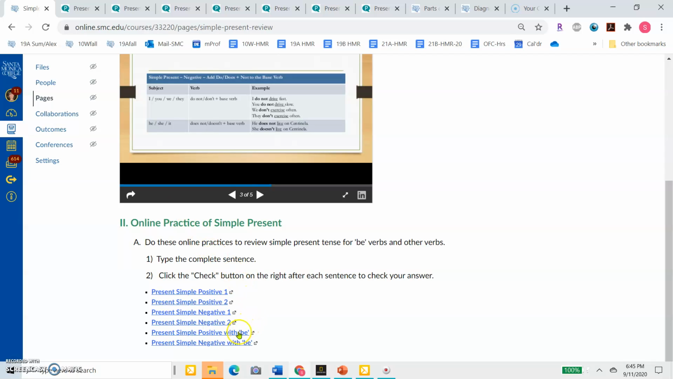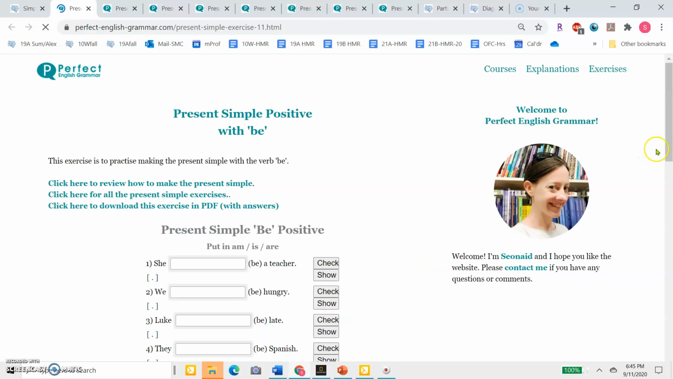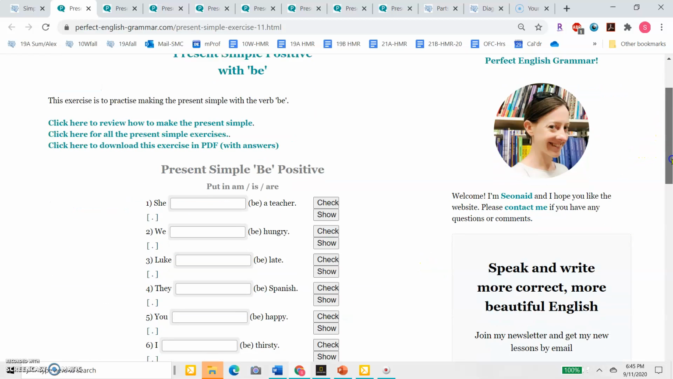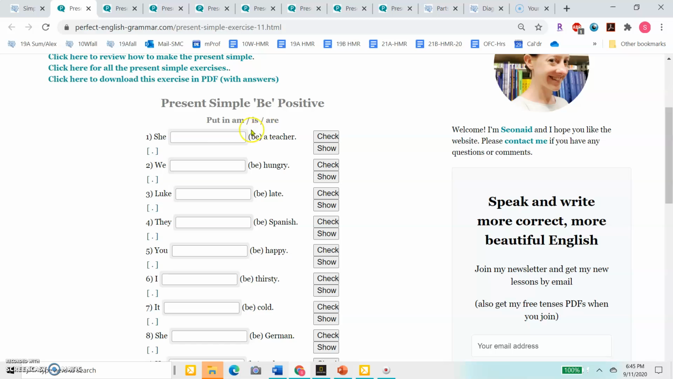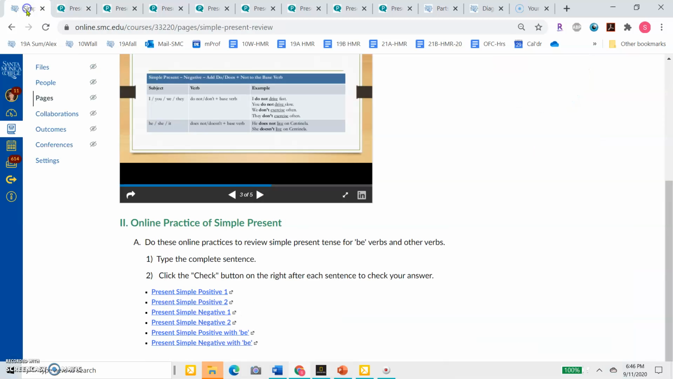Let's take a look at simple positive with be verbs. And here you're just going to enter the verb. So am, is, or are. She is, am, or are a teacher. She is a teacher. We am, is, or are hungry. We are hungry. If you forget which verbs go with which pronouns or which subjects, you can look back at